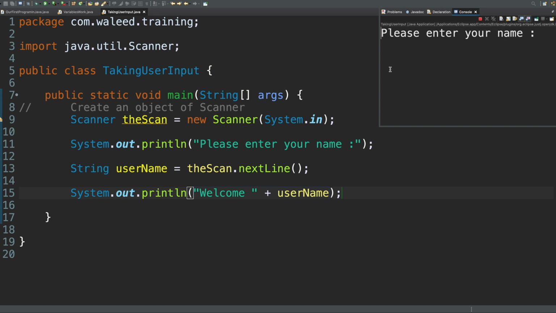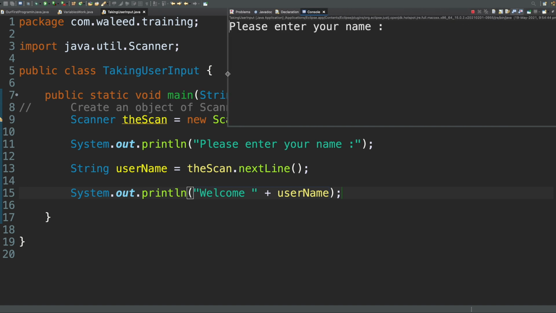See, please enter your name is what I'm getting on the console, and the cursor is blinking. It won't move until I press a bunch of characters and hit enter. I'll say Walid. Hit enter. See, welcome Walid. This is dynamic. You run this program again, obviously a different output. You say please enter your name. I say Steffi, for example. Welcome Steffi. See, every time I run this program,